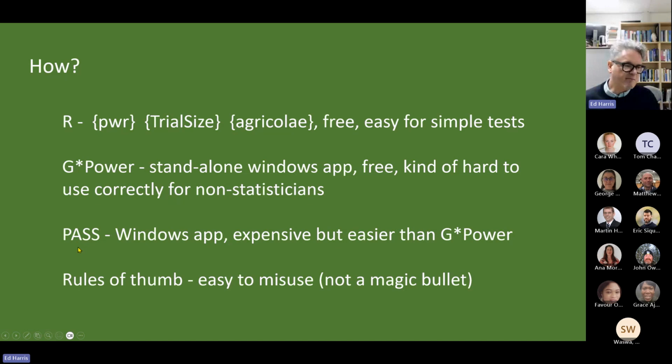I have done some time with the PASS software in the past. It's a Windows app. It's quite expensive, and I can do these calculations by hand and with R and G*Power. So it's not a huge motivation, but I sometimes have begun to think that it could be faster for me to work. It's expensive, but it's much easier to do than G*Power, especially if I think they brag